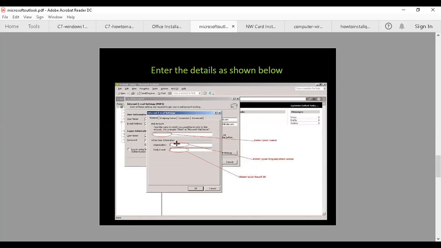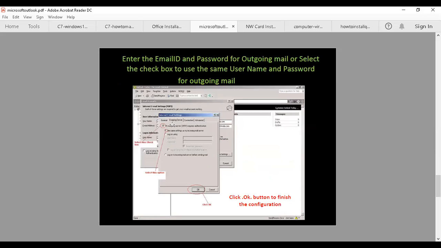In most cases it will fetch the information we have entered in the previous slide, or else we need to enter those details here. Then select this check box first, and then check this box, and then select OK to finish.